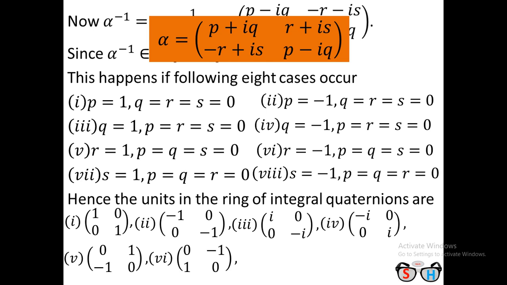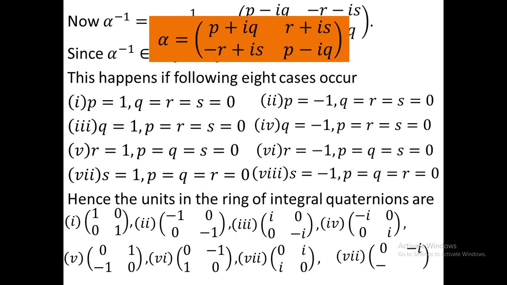If you take s equal to 1, here plus i, here plus i also, and the rest 0. So this will be 0 i, i 0, and at last if you take s equal to minus 1, this will be minus i and this will be minus i. Therefore, these are the values of alpha. Hence, among the 8 elements in H, the set of all integral quaternions, these 8 elements have multiplicative inverses, that is, these are the units in the ring of integral quaternions. Please calculate yourself, take your pen and exercise book and then calculate. I hope that you understand that problem.